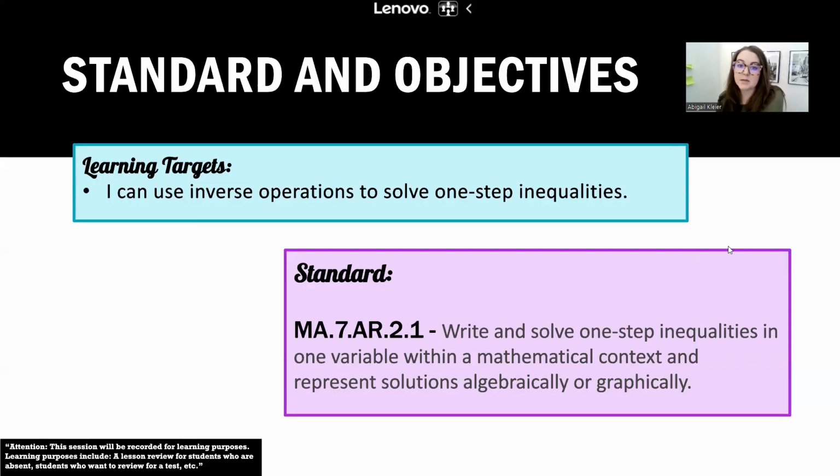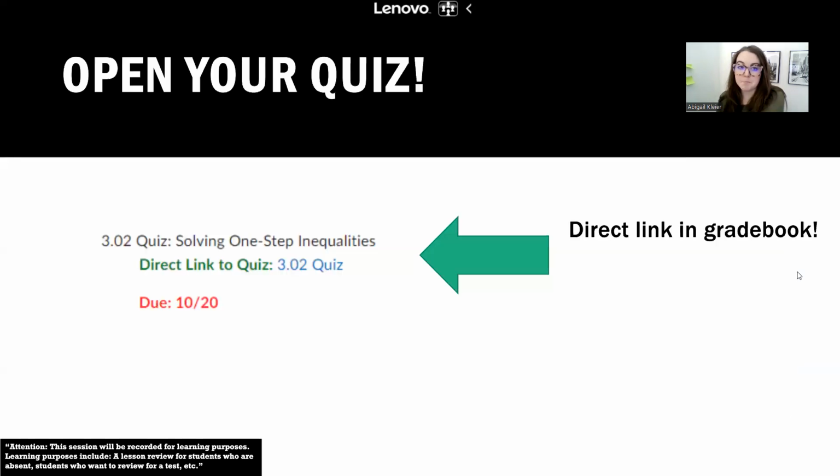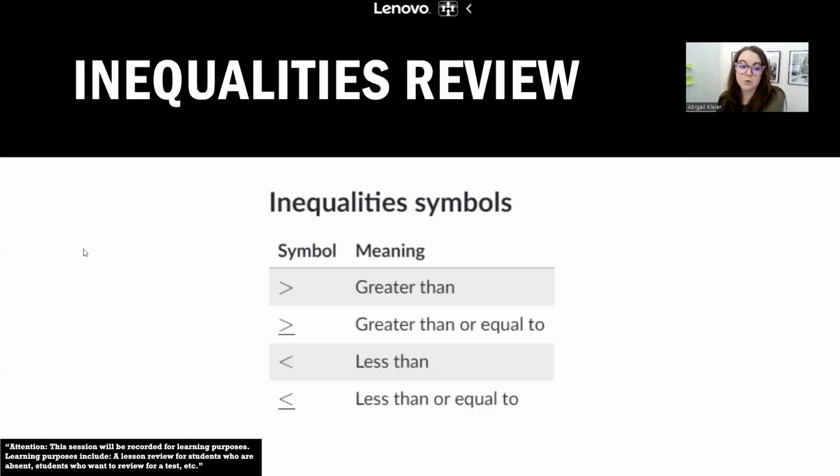have the best success. So for this quiz, we are going over using inverse operations to solve these one-step inequalities. And today we're just working on representing the solutions algebraically. So go ahead at this time, you can open up that direct link in your gradebook, 3.0 quiz or 3.02